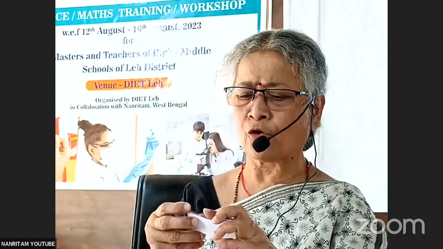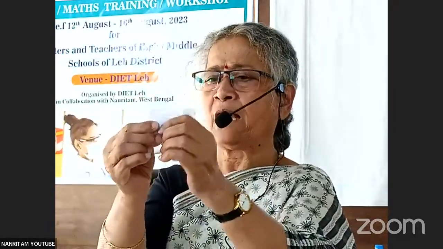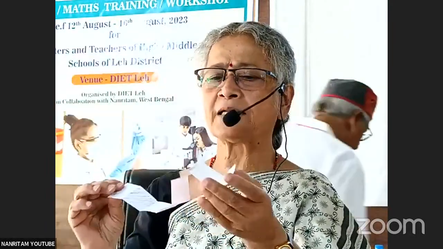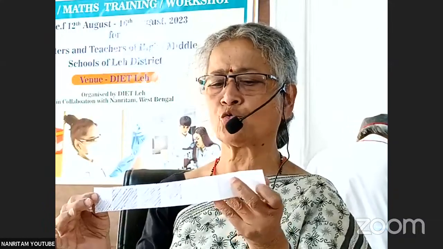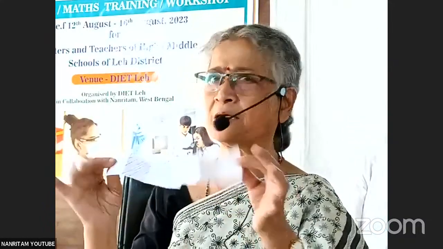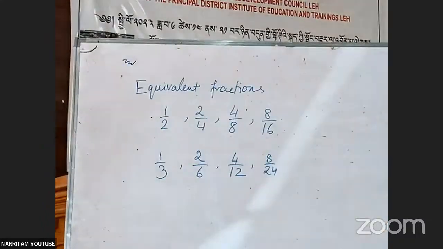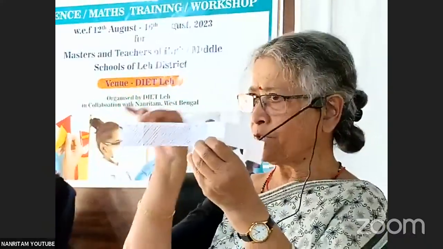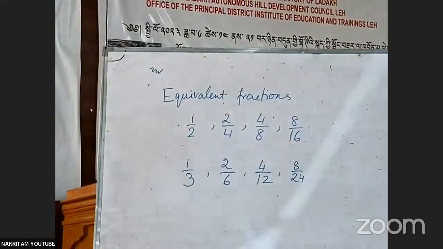Okay, this 2/4 again we split into half again. Exactly 2 halves. Now open it. And how many portions now? 1, 2, 3, 4, 5, 6, 7, 8. Shaded 1, 2, 3, 4. But it is 8. The numerator is also occupying the same position. So, if you want another one,